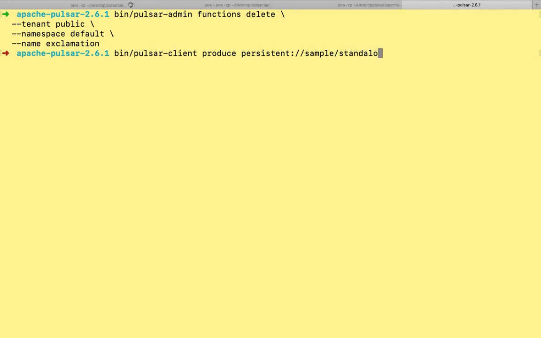So standalone, ns1, exclamation, and ours is exclamation input. Then we use num produce, so we want to produce one message, and the message is, let us have, hello exclamation function. So what we are expecting is we should have an exclamation mark there.